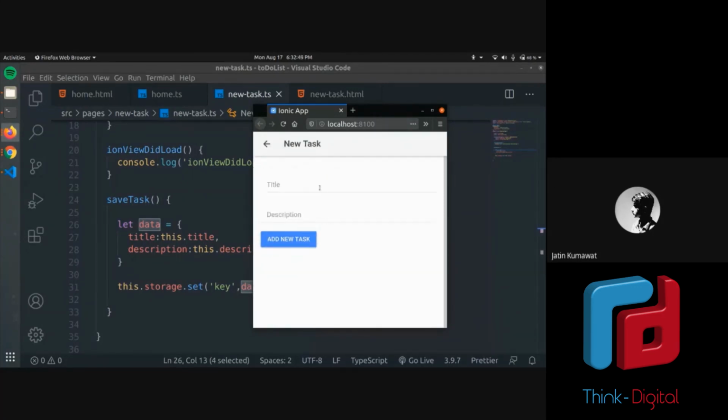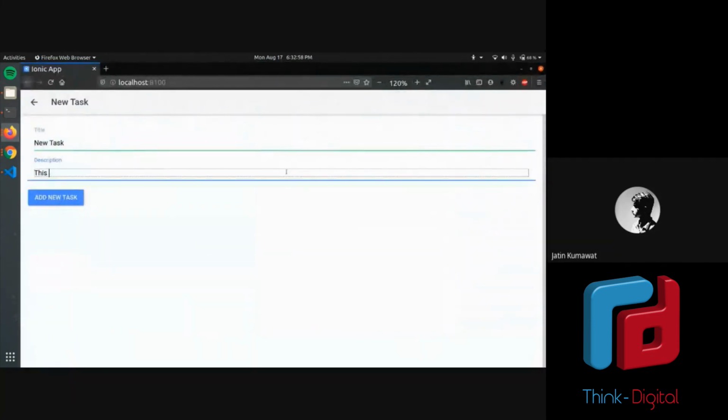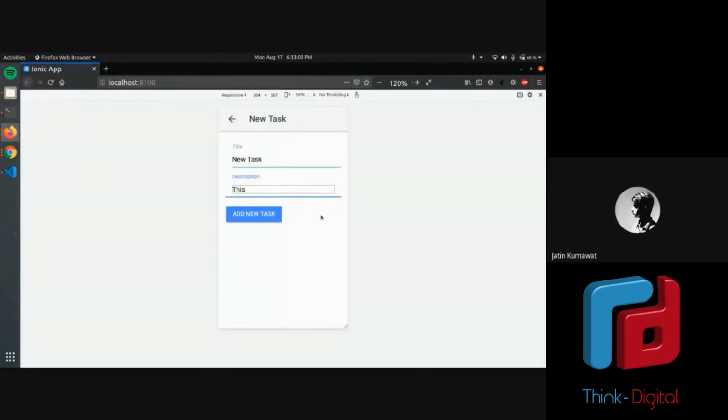Again, if I change, let's just say, write a new task and a new sample description.